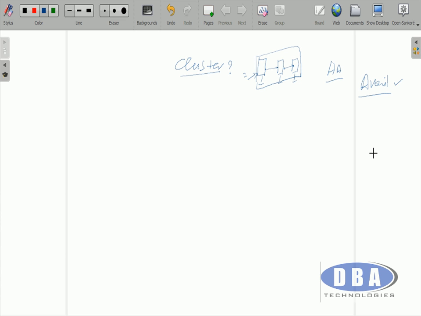Either it is hardware, or you talk about network. Yes, of course we do have network level high availability by having multiple NICs, NIC bonding and stuff like that. Every single technology that we configure and deploy is to support availability. At what area that you are talking about matters a lot. Especially Real Application Clusters, RAC is meant to support high availability at instance level. As we know, this is the very basic stuff.